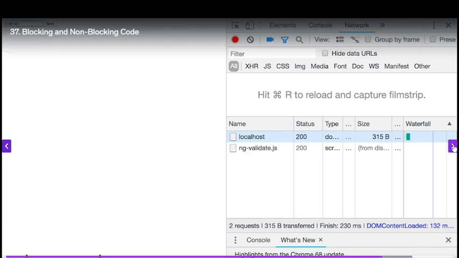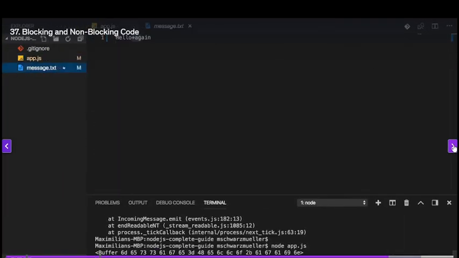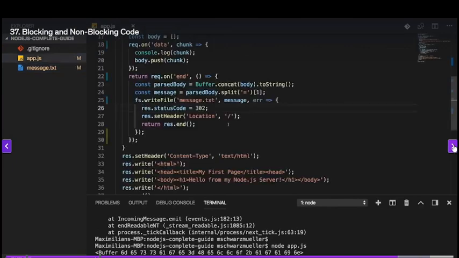Let's enter hello again here and send. And in message text, we see that, again concatenated with an extra character, not something we have to worry about right now. So you see, writeFile also works, but this is the way you should use it due to the asynchronous nature of Node.js,